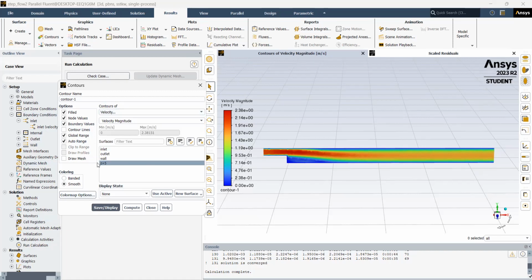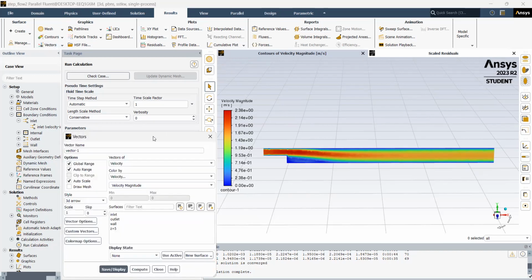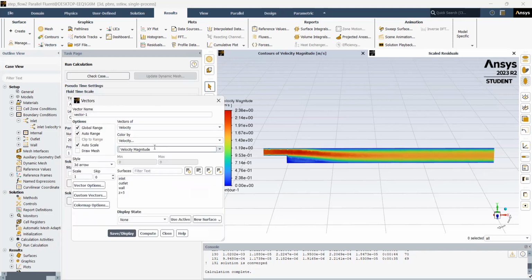So the next thing we are going to do is relative location and visualizing the vectors. So we are going to close this. We're going to go to results. And then we are going to go to vectors, new. Now the vectors will be popped up. And now we want to select the Z5